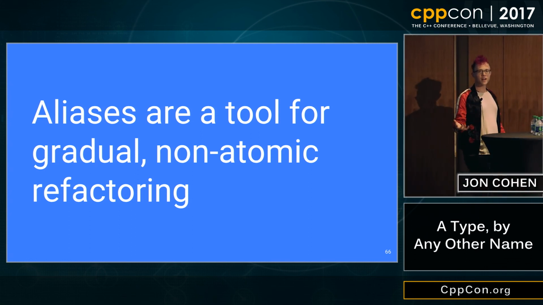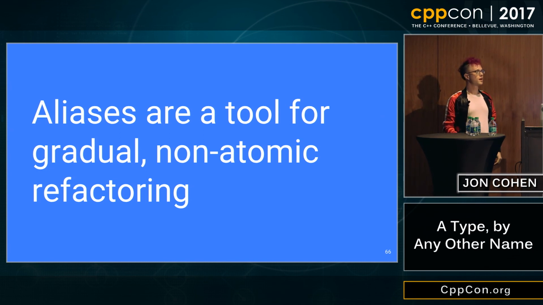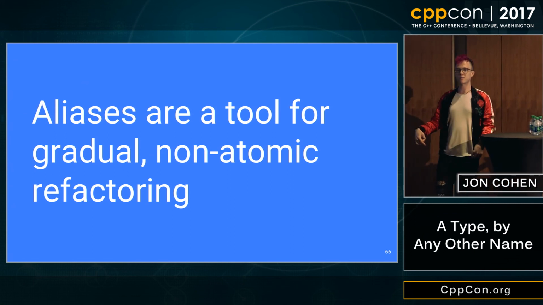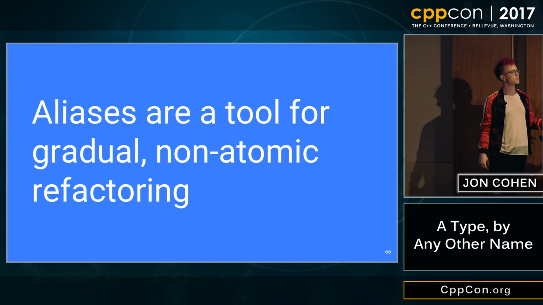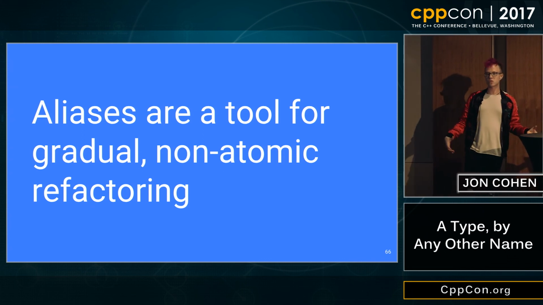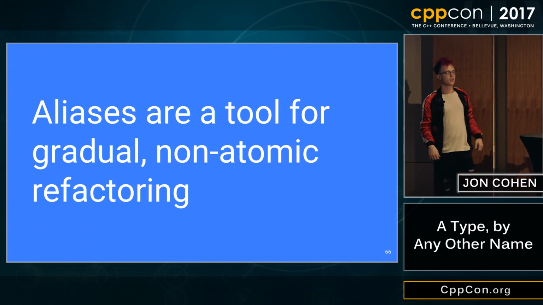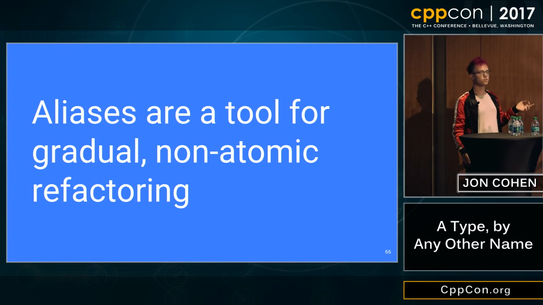And also fairly easy to fix when you see that break after you've seen it before. They're in fact such a powerful tool for gradual non-atomic refactoring that just 3 months ago, this is September 2017 for the video, the Go team, another language at Google, who very famously do not like to add features to their language. It's a very minimal language. They added type aliases only, to their language.